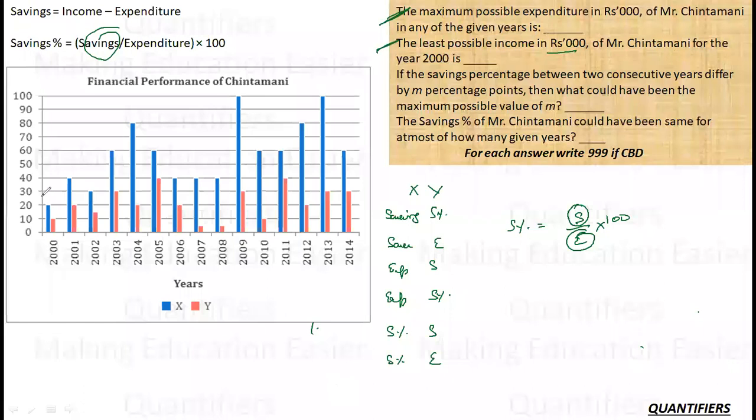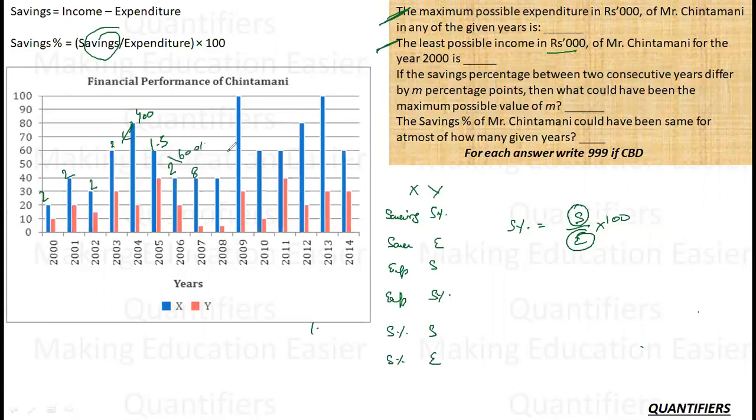What is saving here? 20 by 10. The ratio is 2. 40 by 20. It is 200%. This is 200%. This is again 200%. This is 60 by 30. 200% again. A lot of 200s there. Okay. And then fifth one, 80 upon 20, 400%. So it is the increase of 200%. 60 upon 40, 1.5. This is 40 upon this 20, 200 again. This is 40 upon 5, 800. Okay. So here if I see, the increase is 600%.